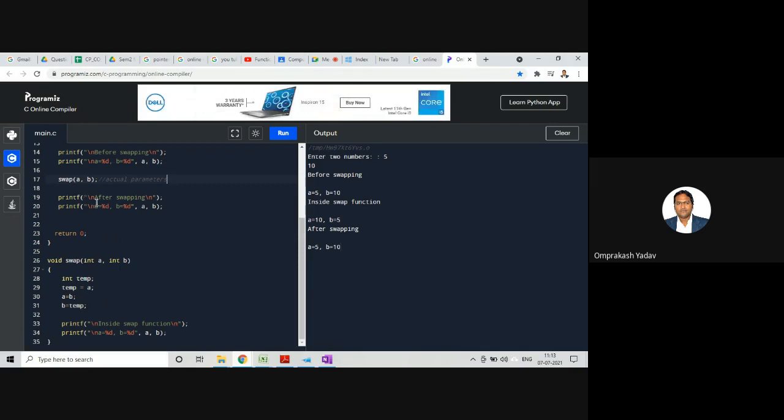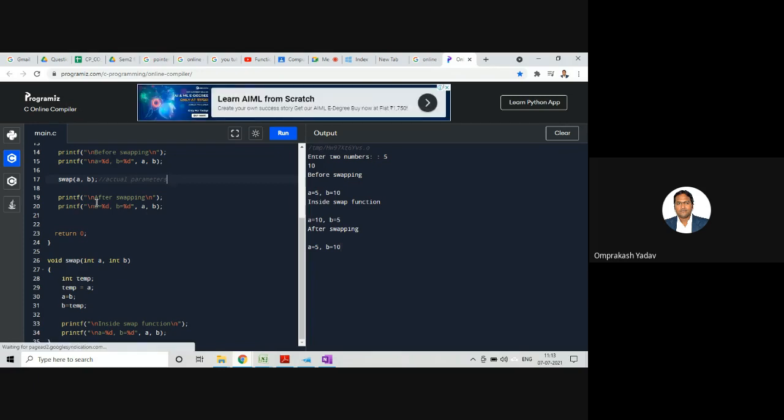It's like if I have certain notes of computer programming, and I take a xerox of that and distribute it to all of you, then tomorrow whatever changes you make with the pen on those notes will not reflect on my original notes, right? Because I'll still have the original notes, and whatever we are doing is on the duplicate copies, the xerox copies. So that will not reflect on my original copy. But if I give you the address of my original copy, then obviously you can go to that address, and if you change it, then it will reflect.